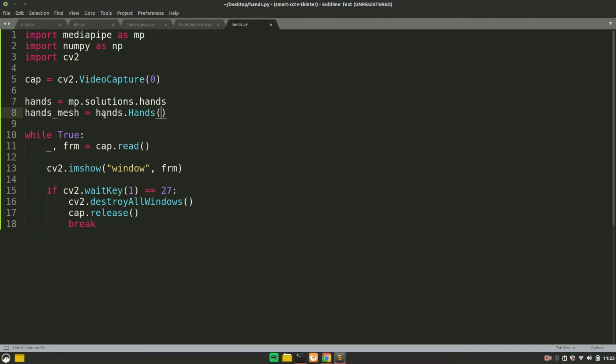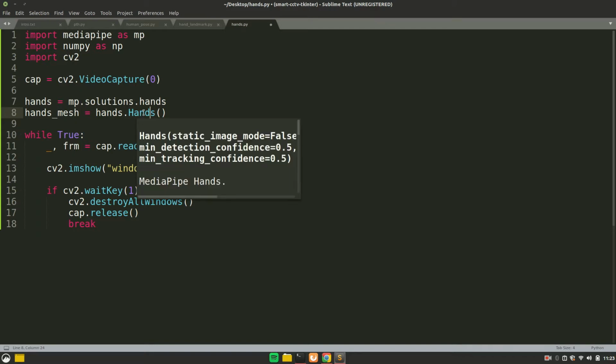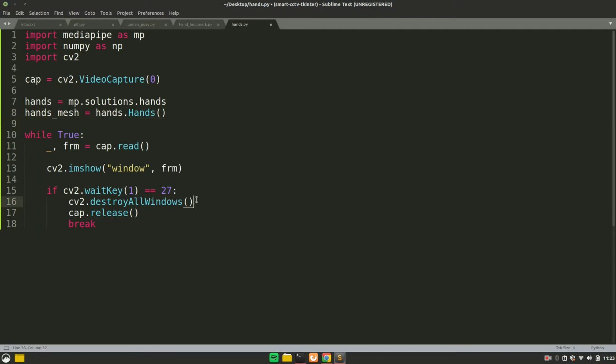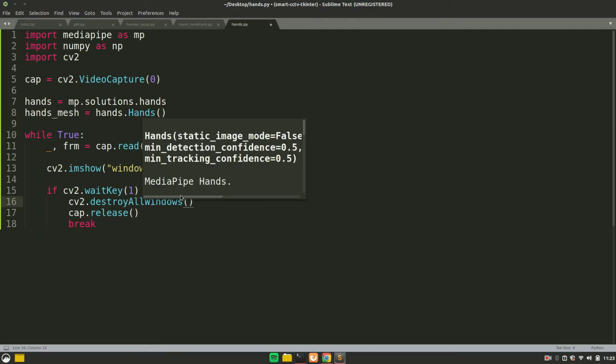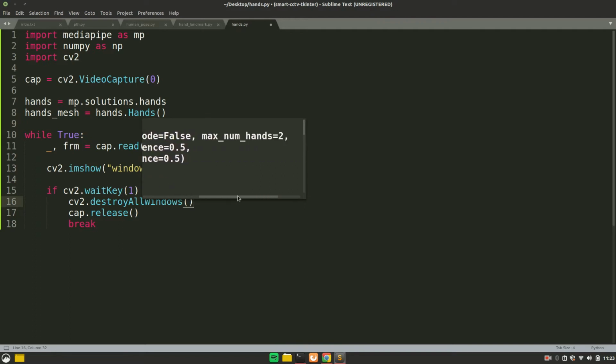This is the class, and it is going to process the image which we are going to pass in a bit. First let's talk about the parameters or arguments you can set for this Hands class. The first one is static image mode, another is minimum detection confidence, then minimum tracking confidence, and then the maximum number of hands you want to detect. Some are a bit obvious, and the one I want to talk about is static image mode.